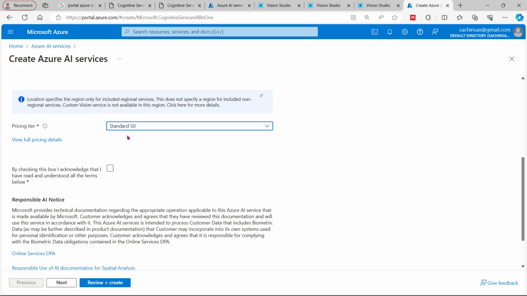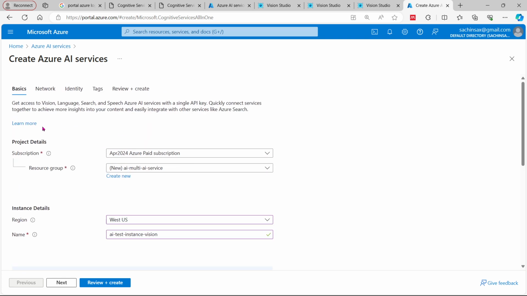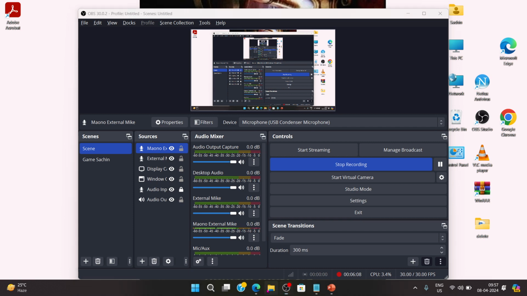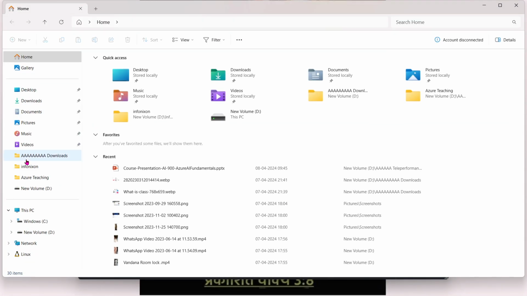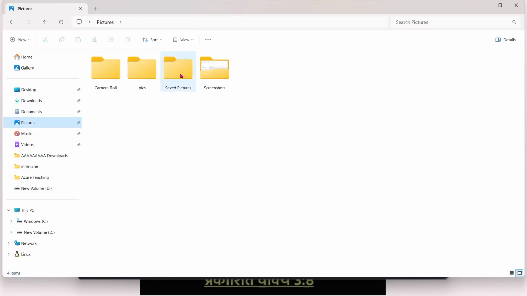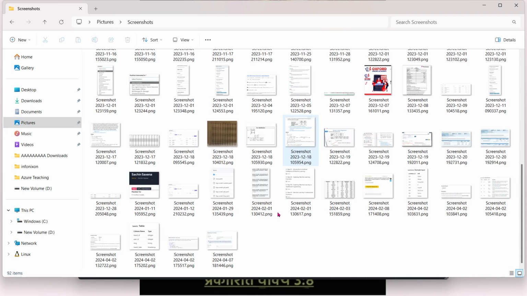So this would be standards as 0. Okay, one more thing I forgot to remember. If it is showing you are not registered, I'm going to show that part as well. So here we have pictures, screenshots, right? For this,